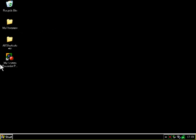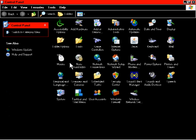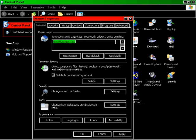The next step we're going to do now is go to Start, go to Control Panel, and here you have a list of all the icons within your control panel. Now if it's only showing a few icons, you come over here to the left, round about here, and it should say View Classic menu, which will show all the icons as you see in my screen here. So you go to Internet Options, double click that, come down to here where it says Delete and Settings. If you click on the Settings button,